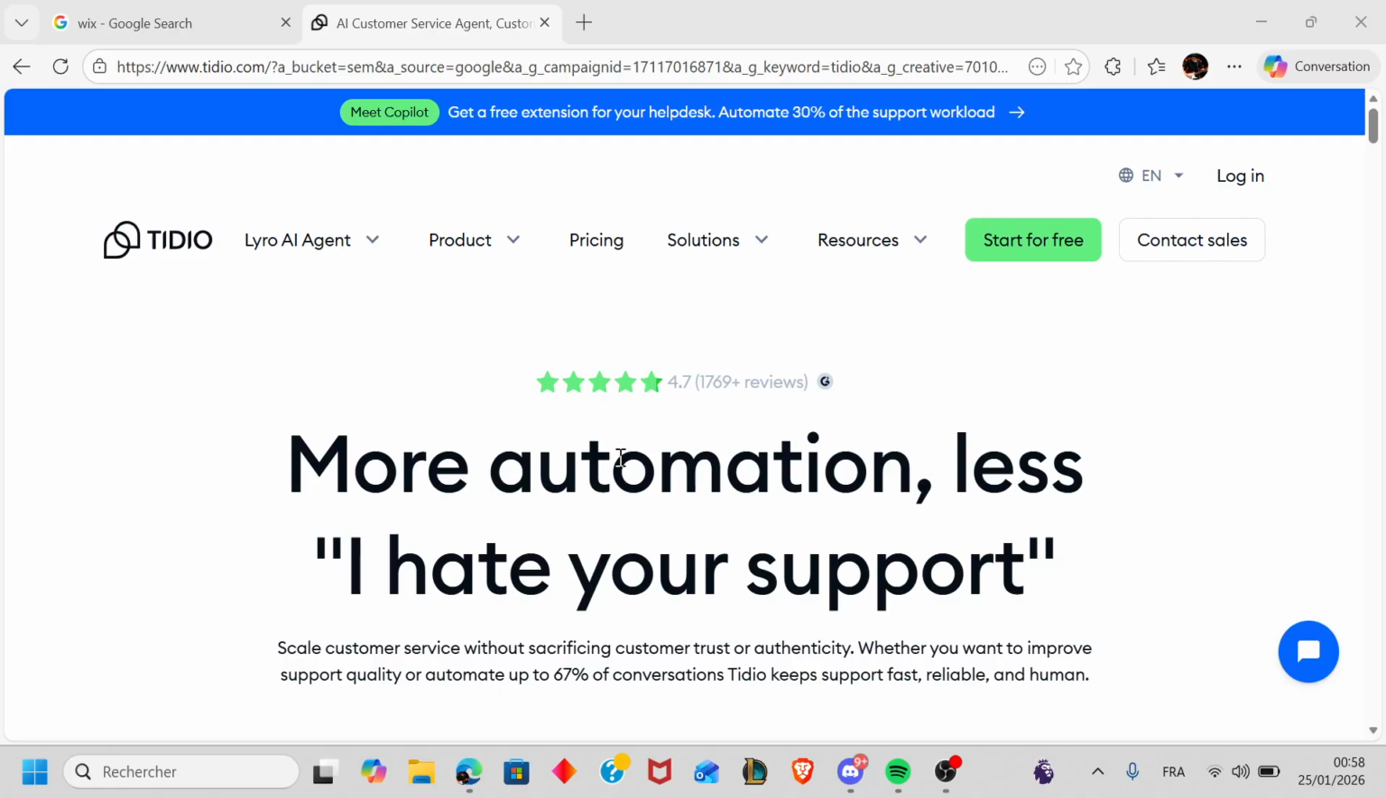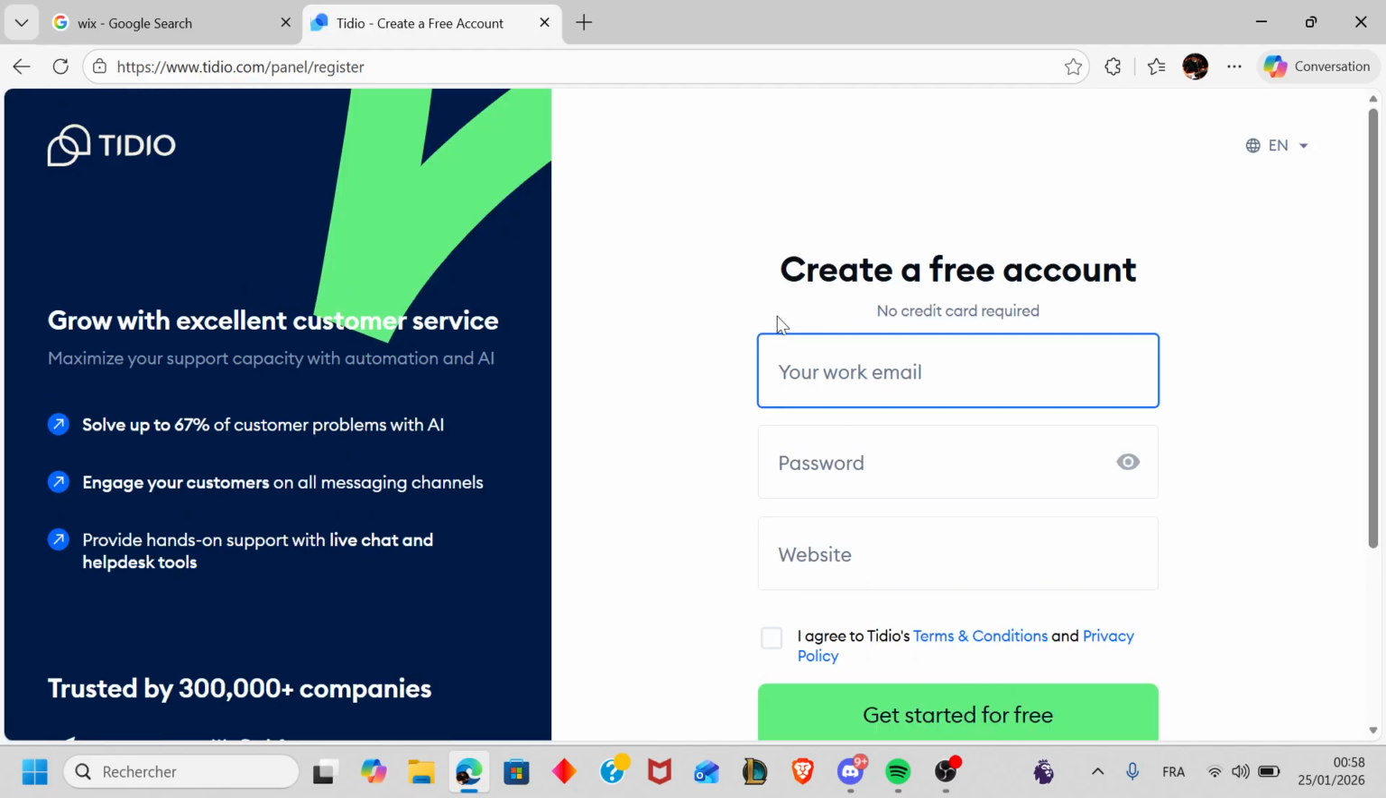Now, the first thing you want to do is to create a Tidio account. You're going to go to tidio.com. Then you're going to sign up or log in with your account. You can click on sign in here, or you can start a free trial just like this. You can start for free by clicking on this option right here, and then you can log in like this,